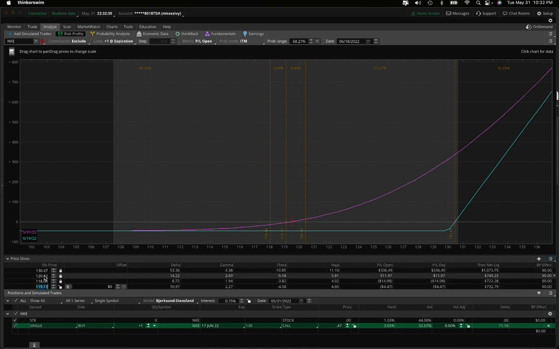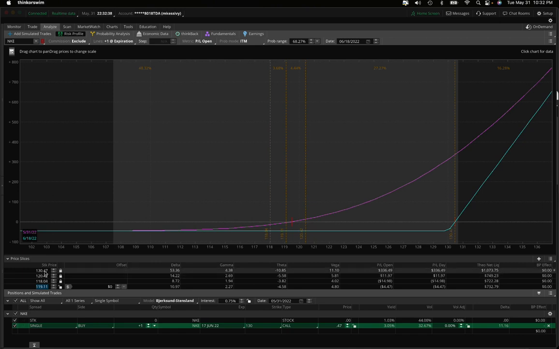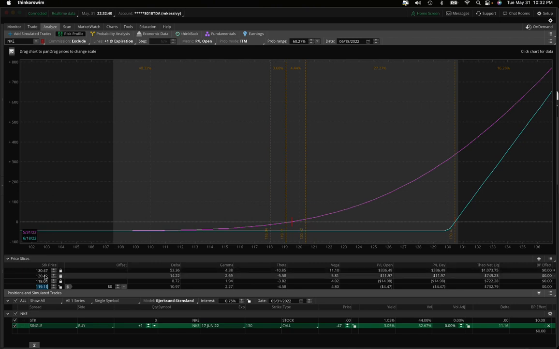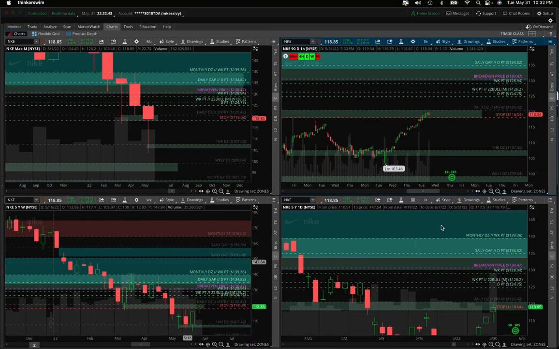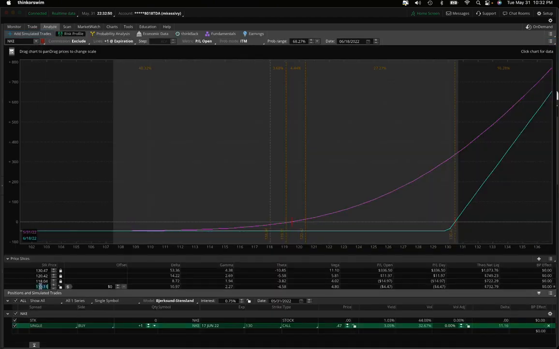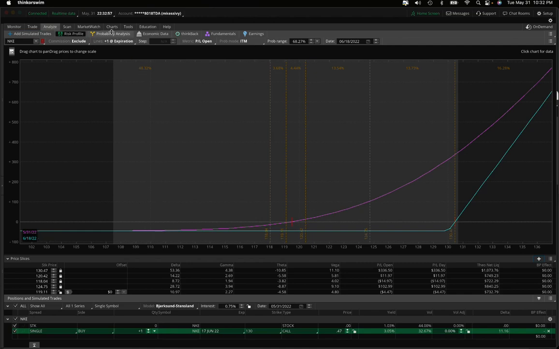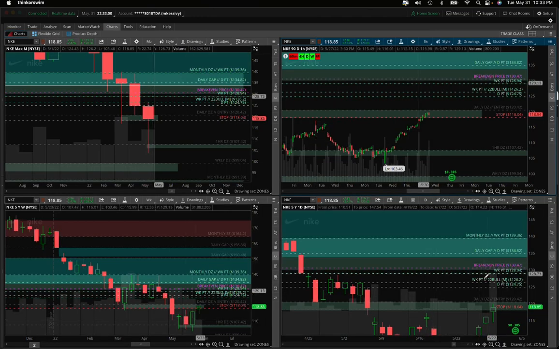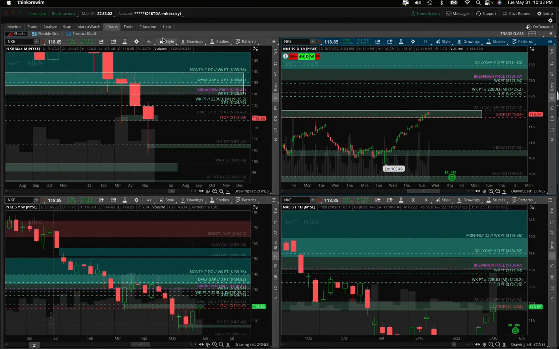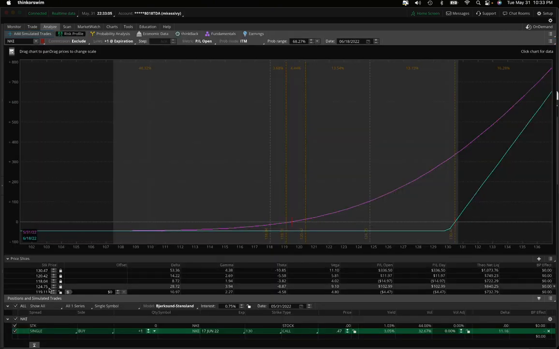I want to see how much we make in between these 2 levels, our entry and our break-even price. So I'm going to add in 2 price levels there. Let's see what we got. I'm going to add in 124.75. I'm going to hit the plus button. I'm going to add in 126.2. This is a crucial level because once we get to this level, we'll be green on the monthly,